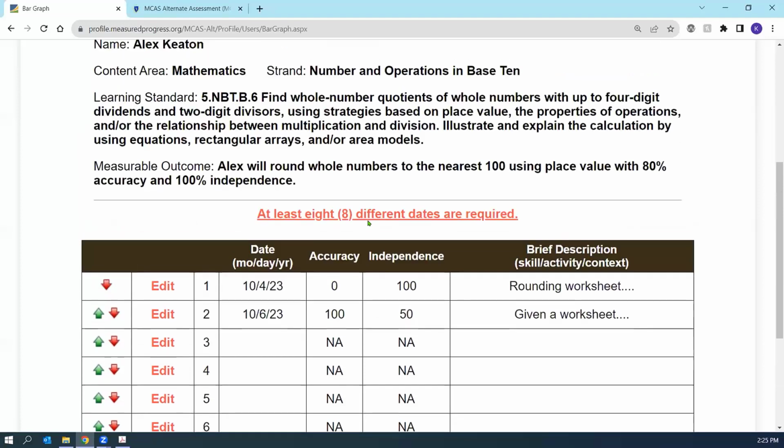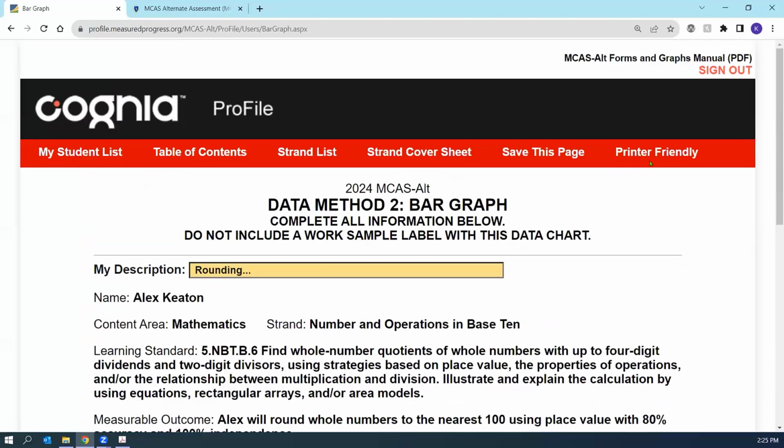So at the top, you can save. It'll save behind you in a lot of cases, but particularly when you're going to print something, I generally save everything there. You can print the graph by itself. I'll show you once we complete this strand a little bit more, how you can print it all